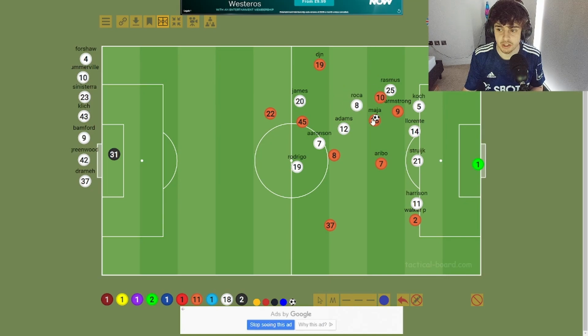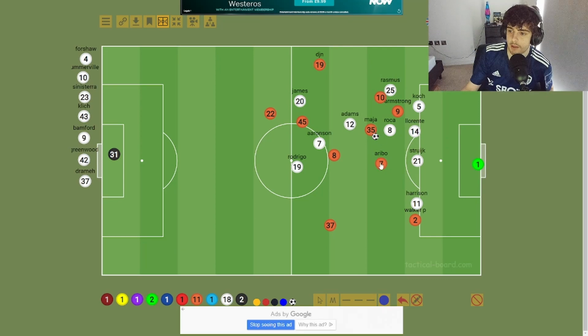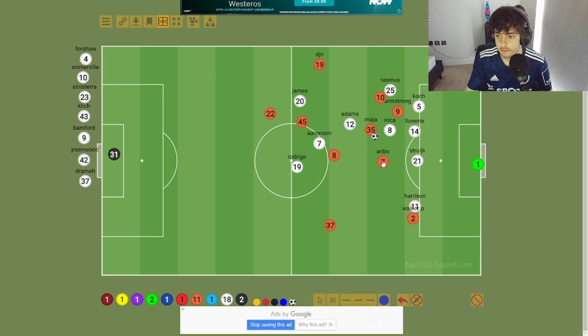Adams gives the ball to Madger. Rocket sort of comes in this position. Adams is behind him, hustling, but he's not getting anywhere near it. Madger runs in here with it. And the problem here is Aribo, for me, because this pass is disguised. You think he's going to pass it to Aribo, who's in this position, like he has been all game, in space. Harrison was in this area, kind of like, do I go, do I stay?